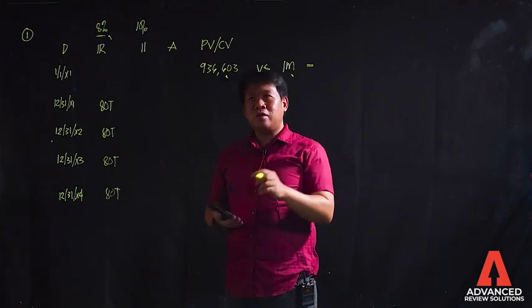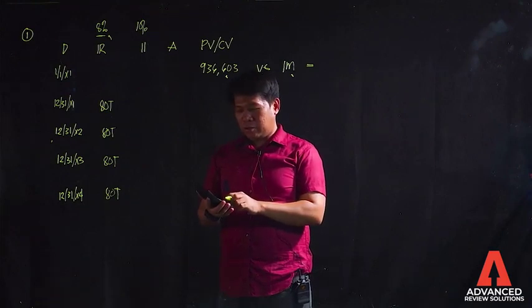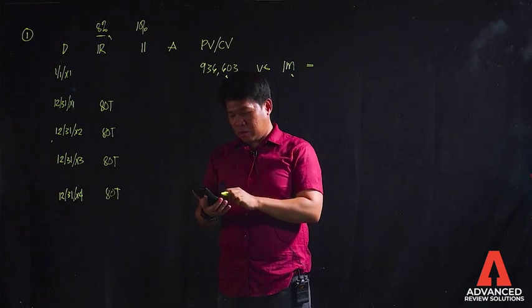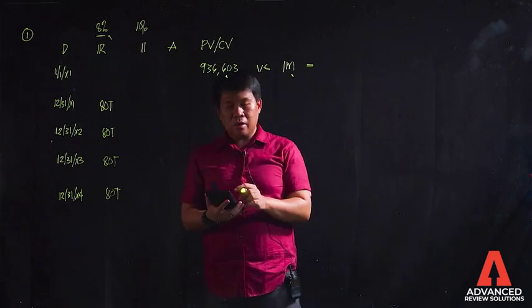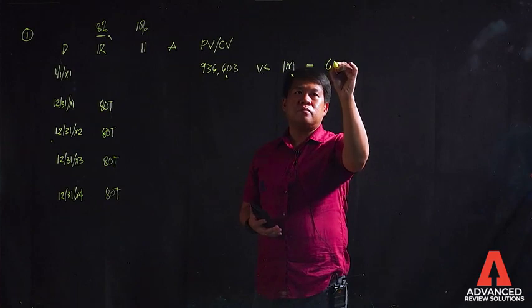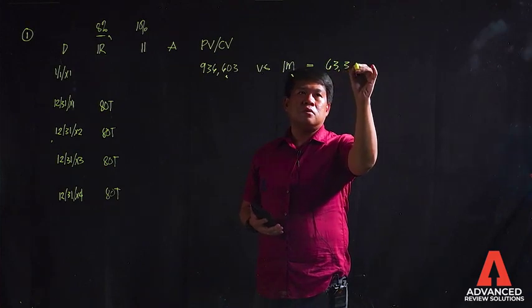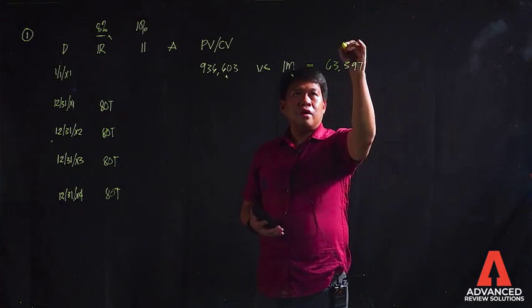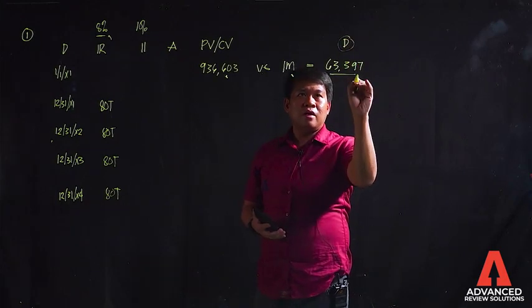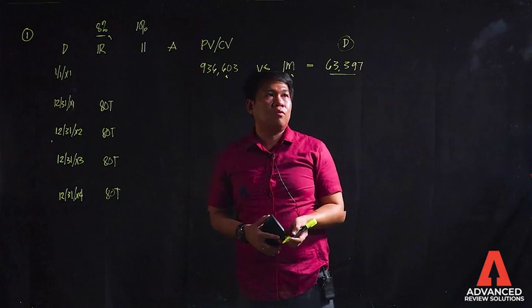So the discount here is 1 million versus 936,603. So this is 63,397. This is your discount. And this amount of discount, that is a gain on the part of the investor,